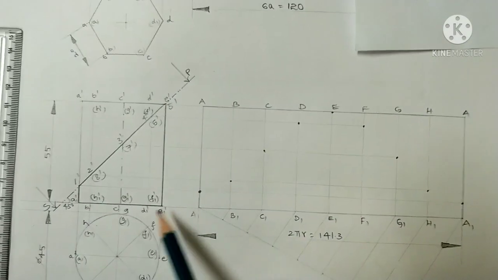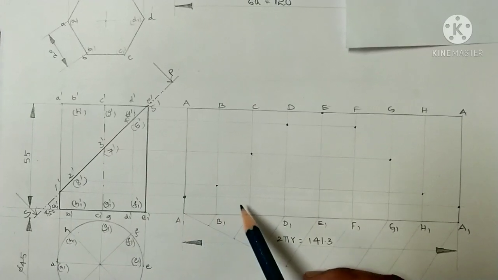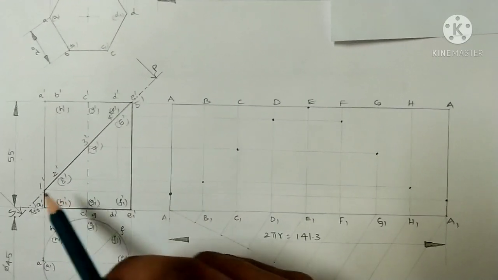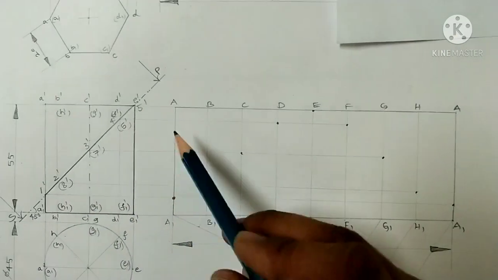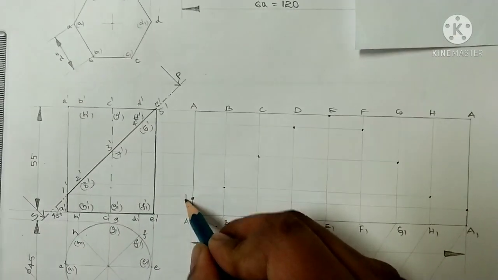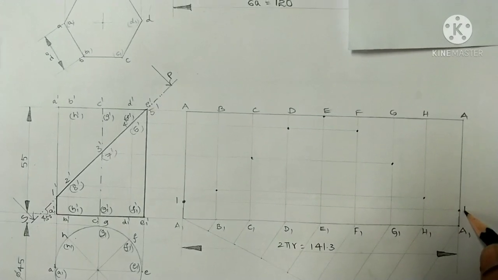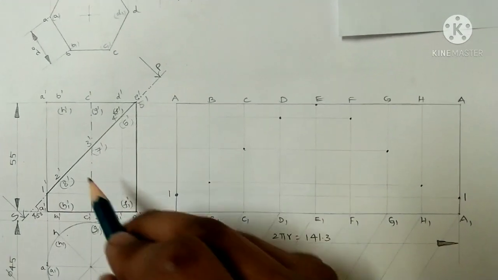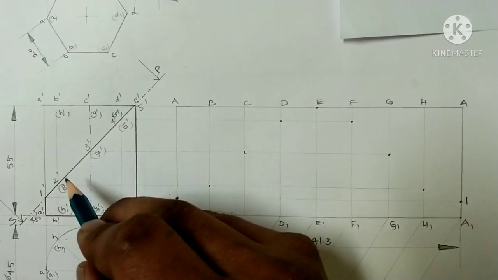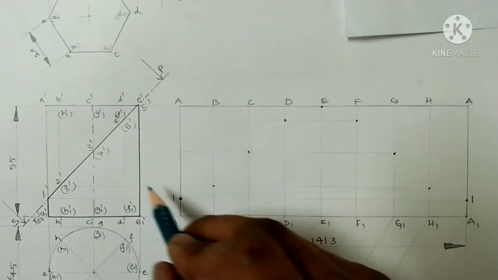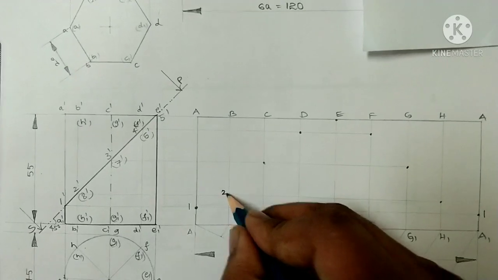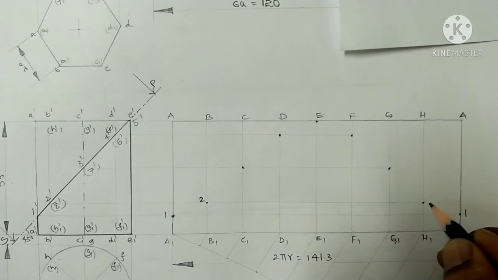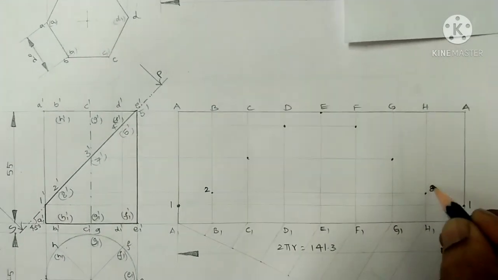So here we can draw the locus lines in this way to intersect the respective generator line. Here one is located on AA1, so here we can mark 1 on AA1 generator. This is the first point. Similarly, AA1 is available at the right end also, and similarly 2 belongs to BB1, 8 belongs to HH1. So the intersection of this line with BB1, that is 2. Similarly, the intersection of this locus line with HH1, that is 8.